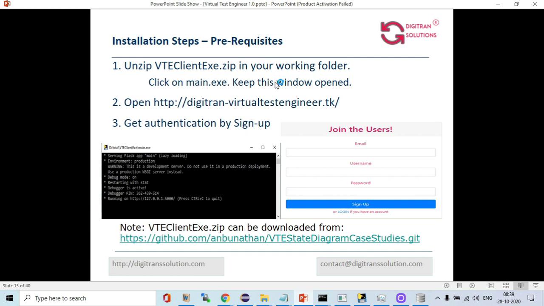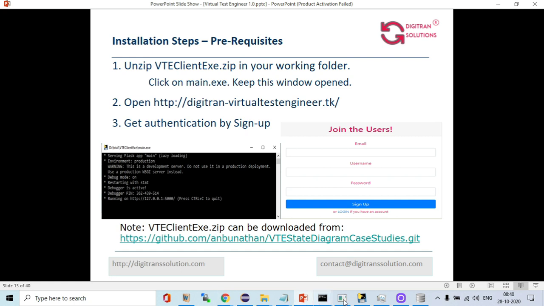From that you can download and unzip the zip file, and then open the main.exe file. It will be running like this. Also you have to authenticate by signing up. This is the repository you have to refer to download this zip file.